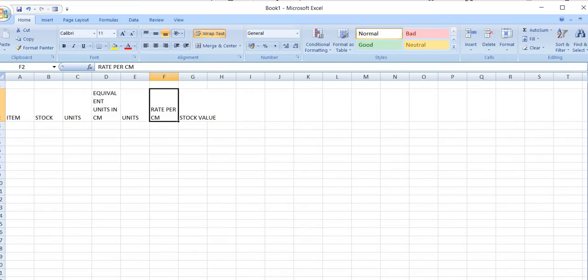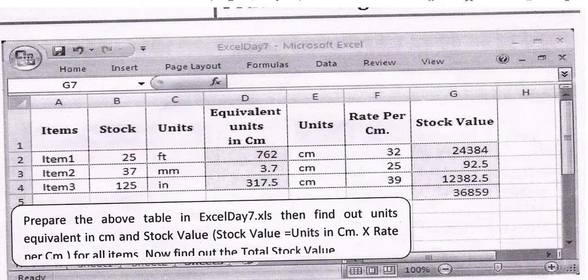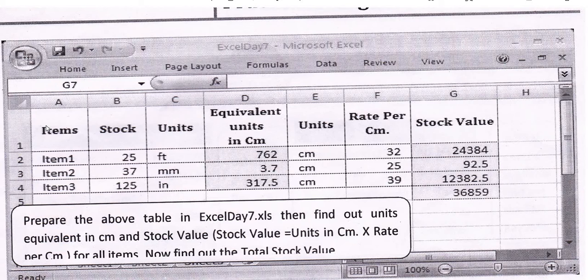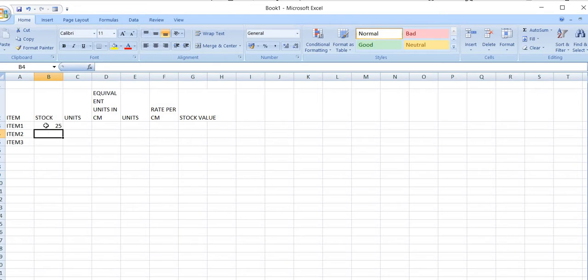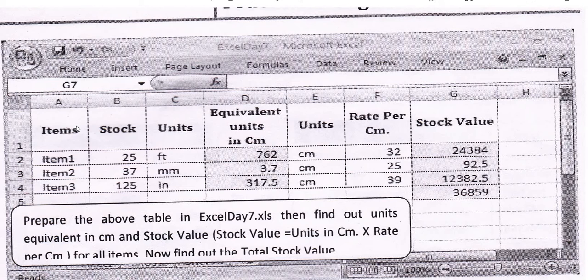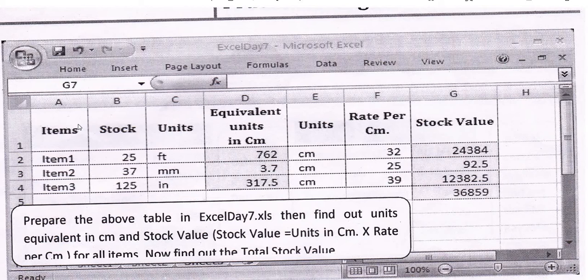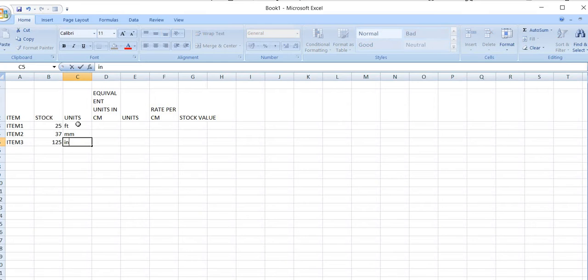and also this is the same like that. So I'm writing item 1, then click on this and autofill. Stock is already mentioned, 25, 37 and 125. So units, feet, millimeters and inches,